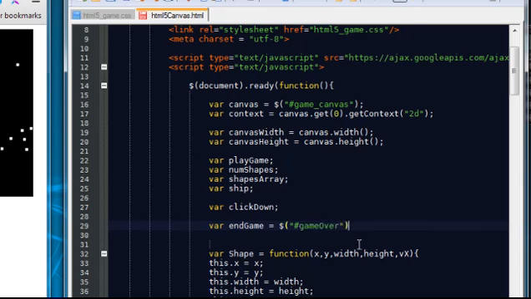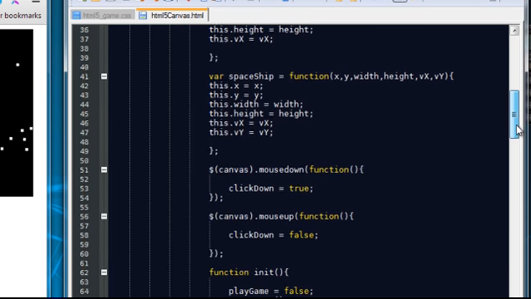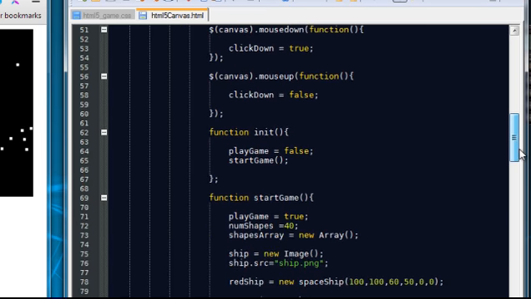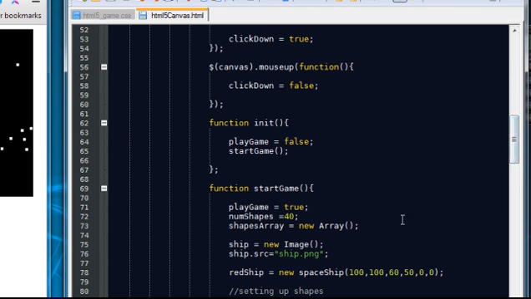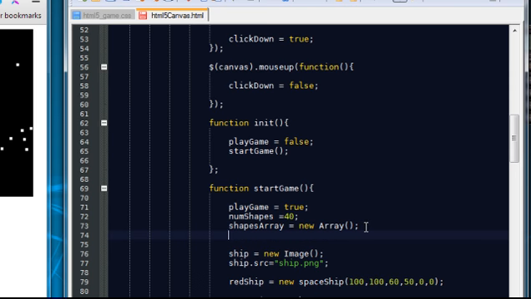So this is the game over ID, which is the ID for the paragraph tag, and this basically puts whatever's in the game over ID in the end game variable. So if I save that, now in order to make use of this, if we go to the start game,